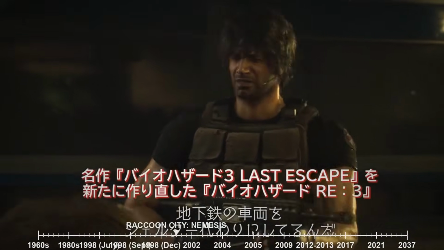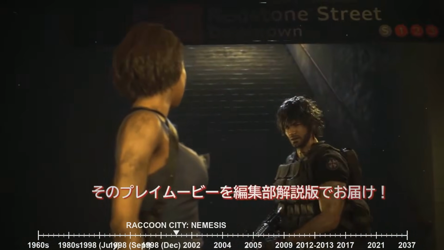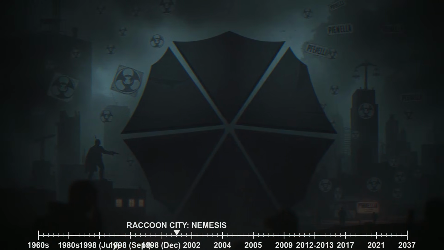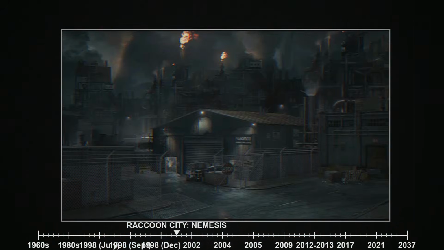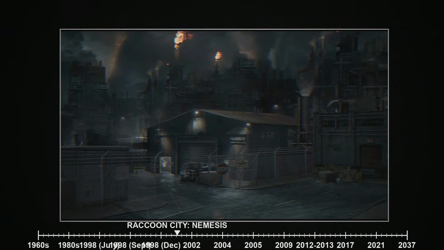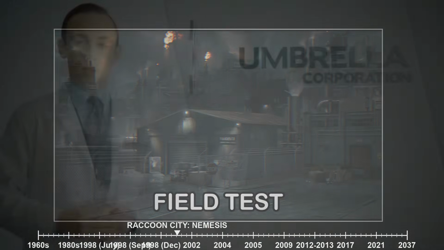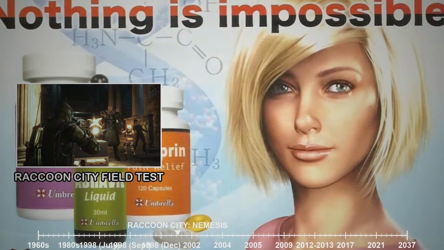The two work together with an efficiency born of necessity, Jill's STARS training complementing Carlos's military experience. Throughout her journey, Jill discovers mounting evidence of Umbrella's direct involvement in the outbreak and their sinister motives behind the UBCS deployment. Documents found in Umbrella facilities reveal that the corporation is using the Raccoon City outbreak as a massive field test for their bioorganic weapons, with the UBCS mercenaries serving as unwitting test subjects to gauge the creature's combat